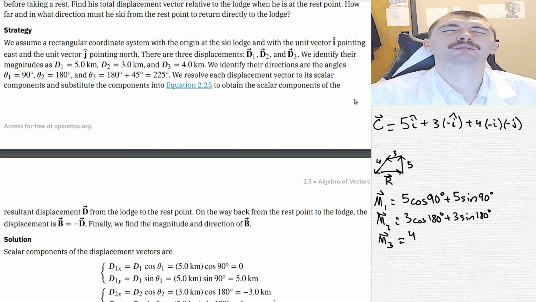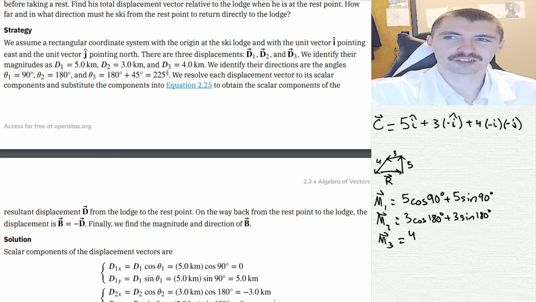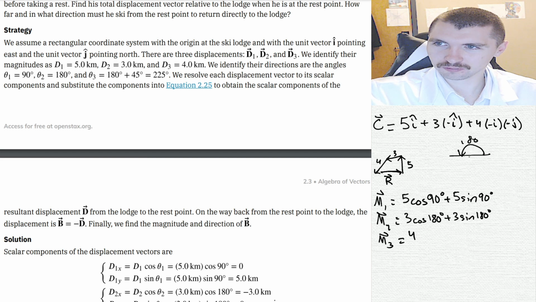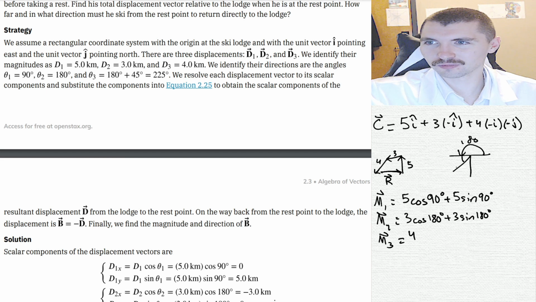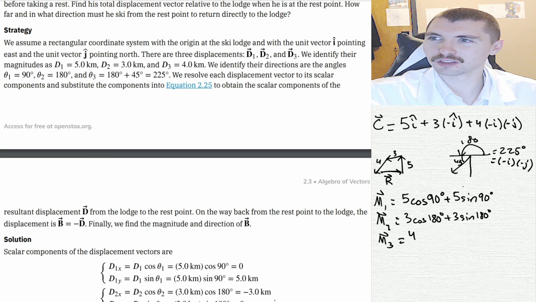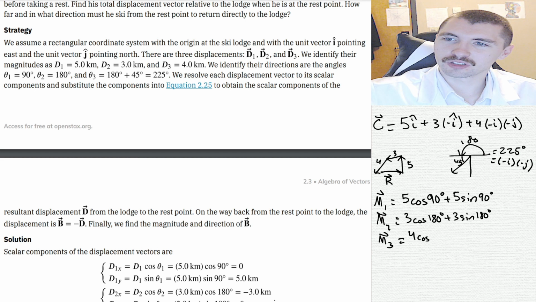It's 180 plus 45 is what the book's saying. So 225 is the same as I, J. Okay, so cosine 225 plus,